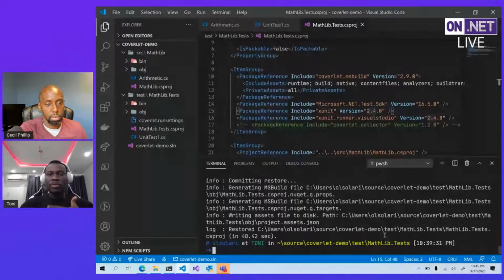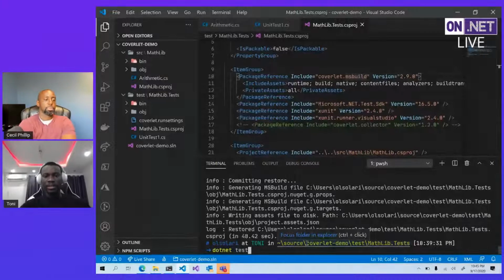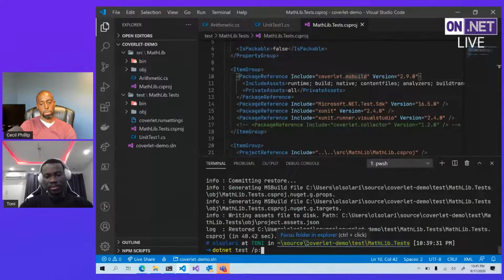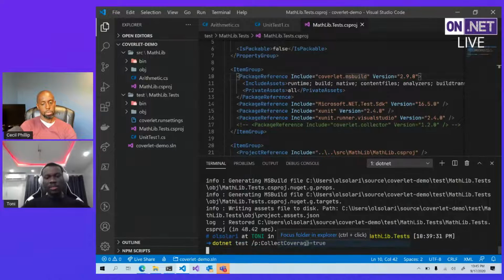So now bringing in Coverlet.MSBuild, again, if you just do regular dotnet test, nothing fancy happens. .NET will just run your test and you're good to go. But with the Coverlet.MSBuild package now in the mix, you want to do this, or you could also do this if you wanted. But I just prefer to do this because that's kind of like the OG way. So you want to set CollectCoverage to true. By doing this, hit enter,